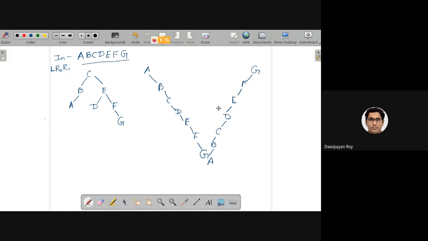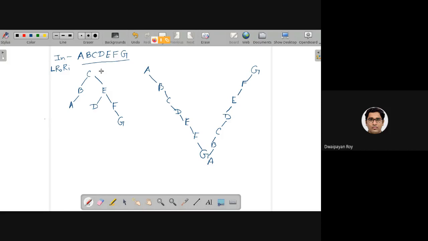So by displaying one tree, if I use either traversal, this will be true for pre-order and post-order as well. If I give one pre-order traversal, we can generate multiple binary trees from it.